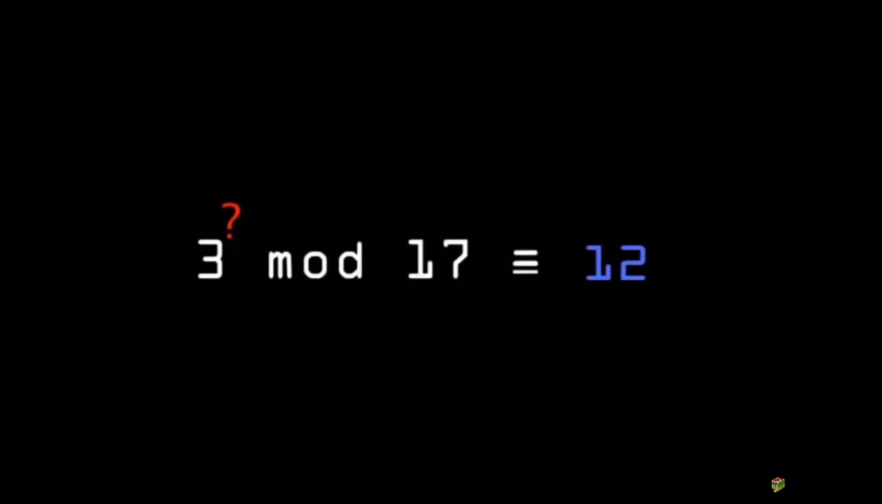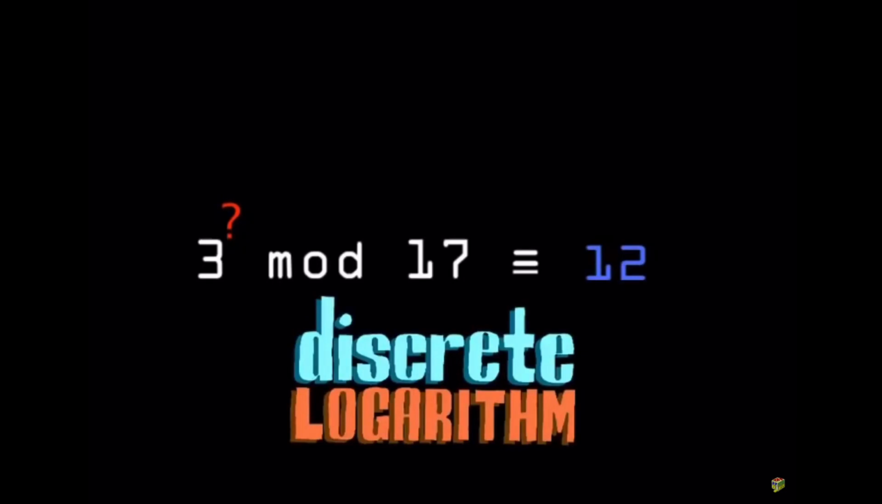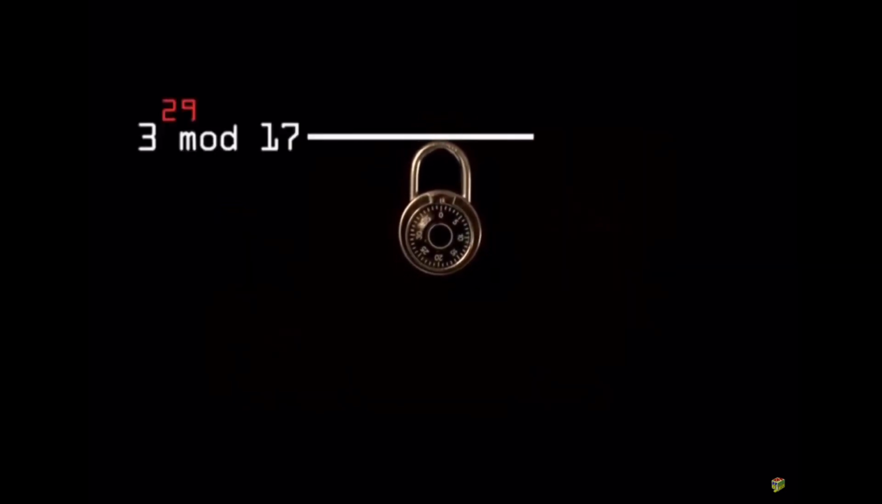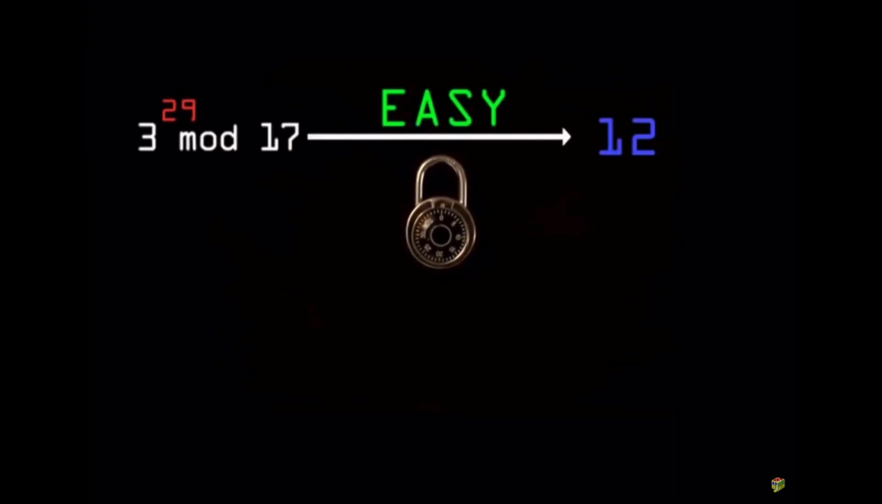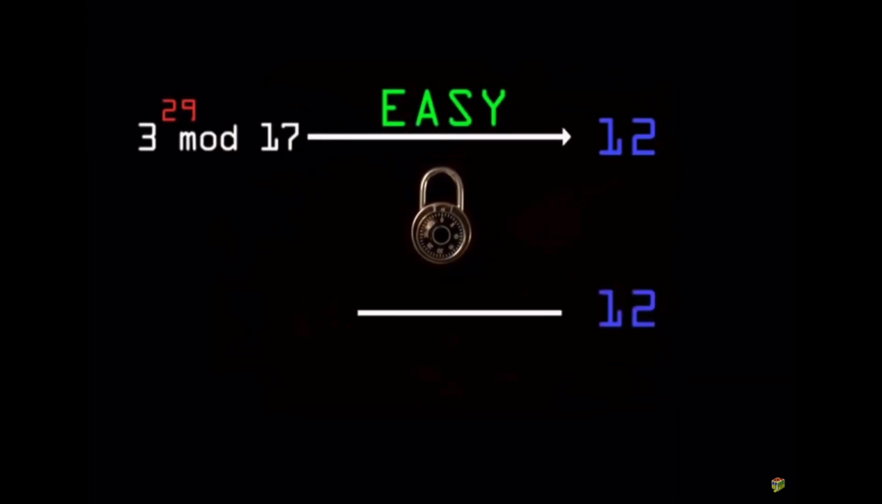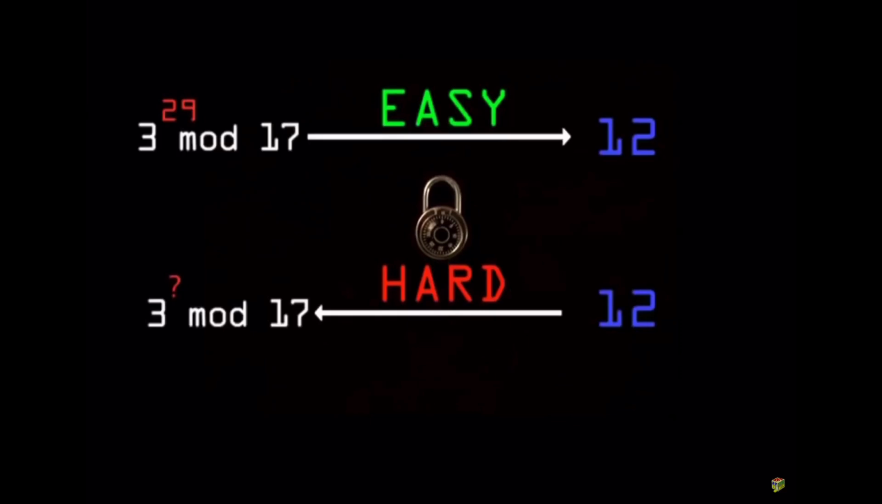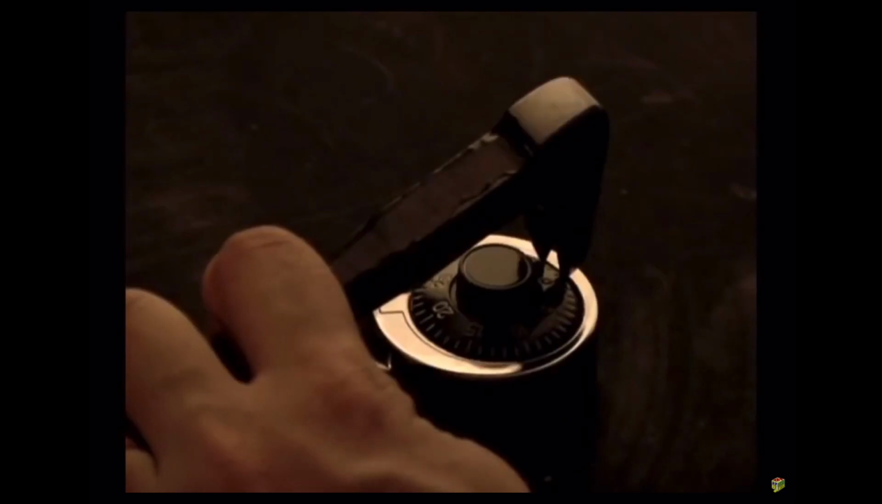Say, given 12, find the exponent 3 needs to be raised to. This is called the discrete logarithm problem. And now we have our one-way function, easy to perform, but hard to reverse. Given 12, we would have to resort to trial and error to find matching exponents. How hard is this? Well, with small numbers it's easy, but if we use a prime modulus which is hundreds